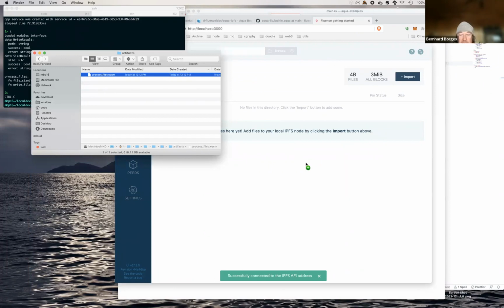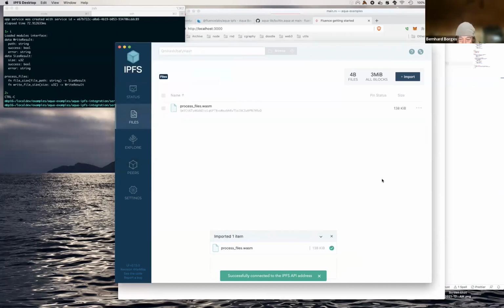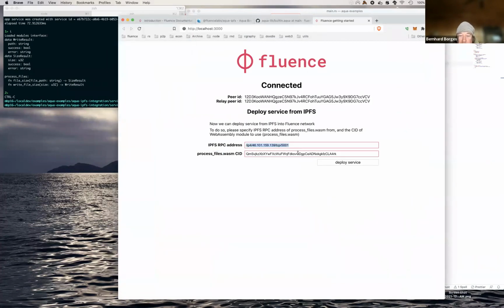And this is why I said I'm lazy. I just drag it rather than use the IPFS CLI to put it on there. And so now we have this file on there, and this is the CID, the content addressable ID. This we use on IPFS, right? Because that's how IPFS gets its censorship resistance, failover, and many other things. It's not location addressable, it's content addressable. So now we go back to our handy little